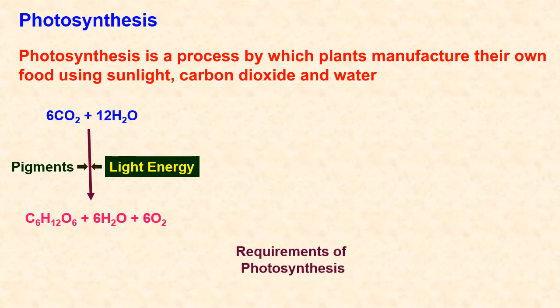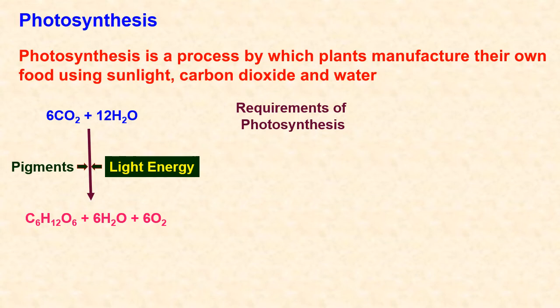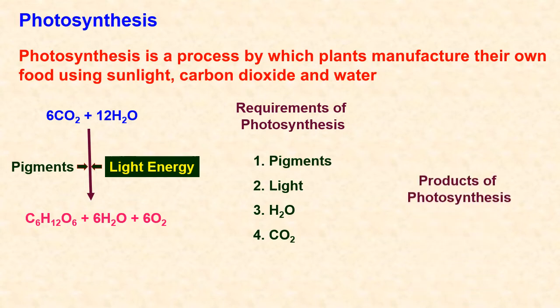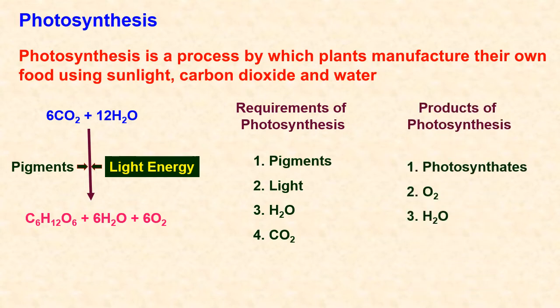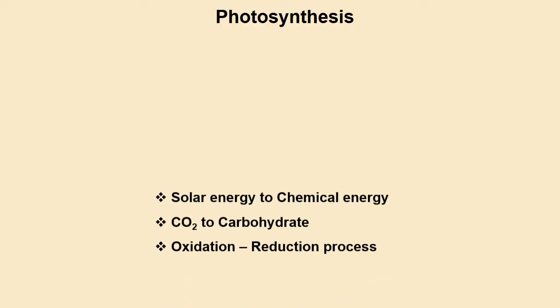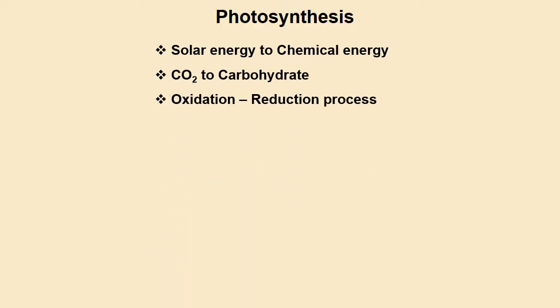So finally, what are the requirements of photosynthesis? Pigments, light, water and carbon dioxide. And the final products of photosynthesis are carbohydrate, oxygen and water molecules. In photosynthesis, solar energy is converted into chemical energy and carbon dioxide is converted into carbohydrate. Moreover, photosynthesis is also known as an oxidation reduction process. Why? Because